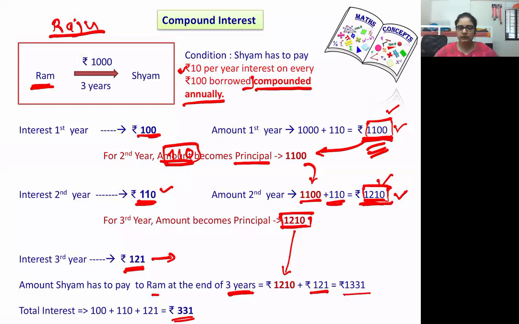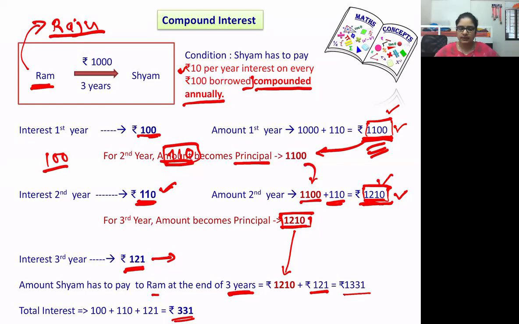But here, what does Ram say? I cannot extend it by 1 more year. Why? Because Raju is asking me for 1100 rupees with the same rate of interest, that is 10 rupees per 100, 10% per annum. But 10% of 1100 would be how much? 110. In which deal do you think Ram would have got better money? Of course, the one with Raju, right? Yes, because with Sham, he was getting only 100 rupees per year with simple interest.